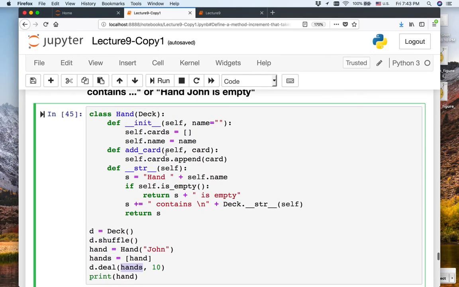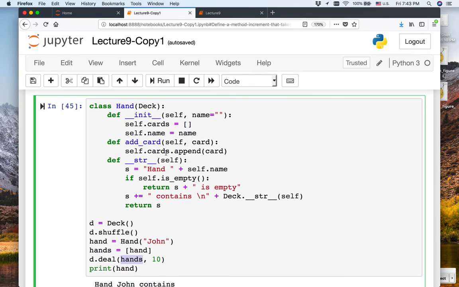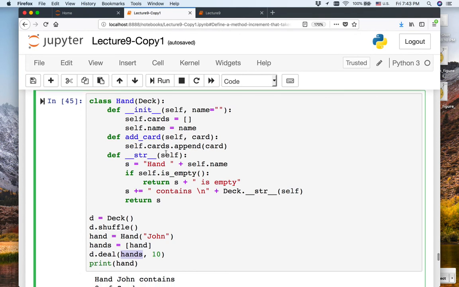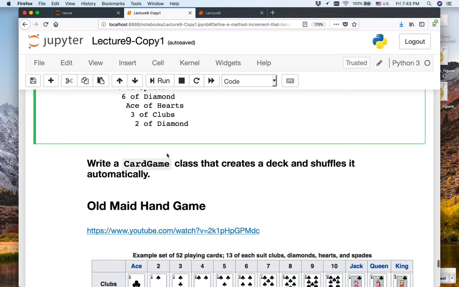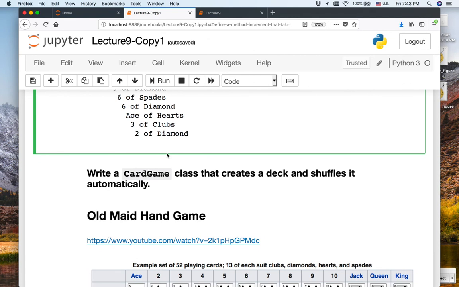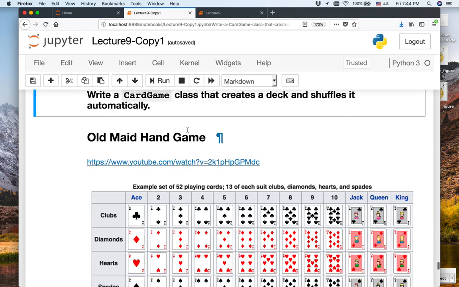Okay, let's see if I'm missing anything. All right. So now we have a deck, we have hand. We had the simple class card already. And now let's define a card game class that creates a deck and shuffles it automatically. So let's say